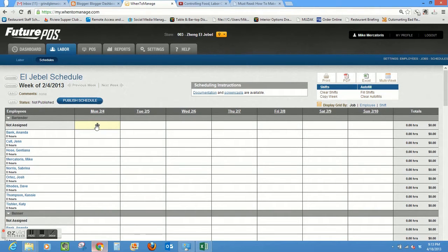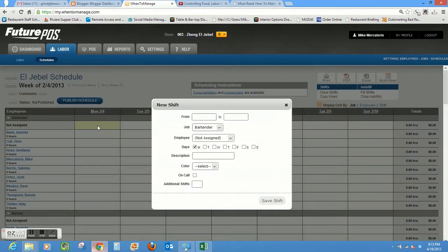So what we're going to do here is create shifts all the way across and save it as a template. First I'm going to hit this, which means I'm adding a new shift. For bartenders in Eljebel, we only have one shift, and it is going to be from 3:45 to, let's say, 10 p.m. We don't want to assign it to any employees. We're just going to click all the days,